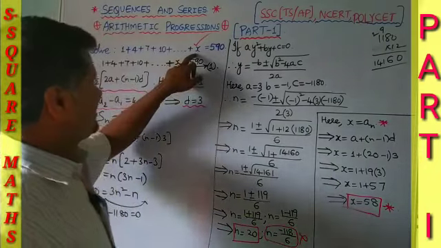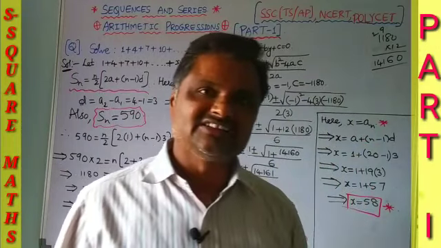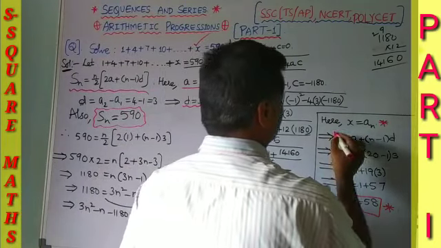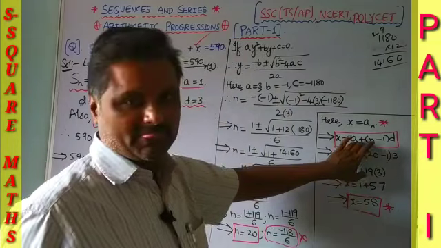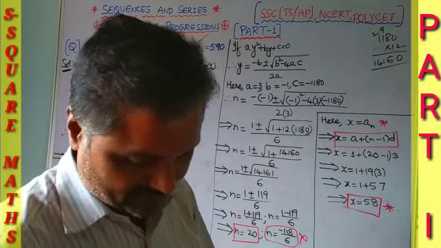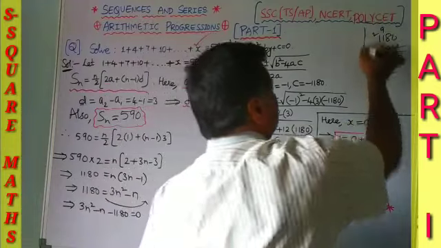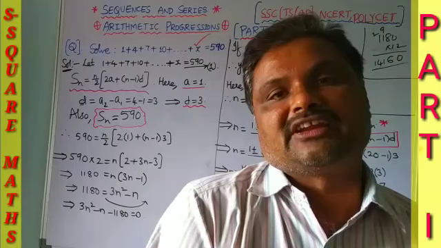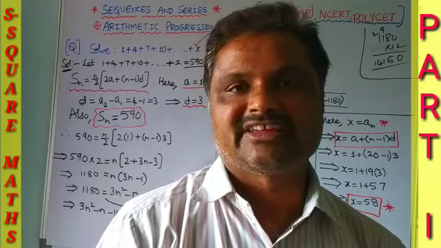Our intention is to get the value of x. X is nothing but the nth term, the general term or the particular term. So we have the formula x is equal to a plus n minus 1 into d, nothing but the particular term. Here we get the x value as 58. Okay, so finally we got our solution. So please viewers, after reading the question, read it twice, and get the knowledge of what formula is to be applied.